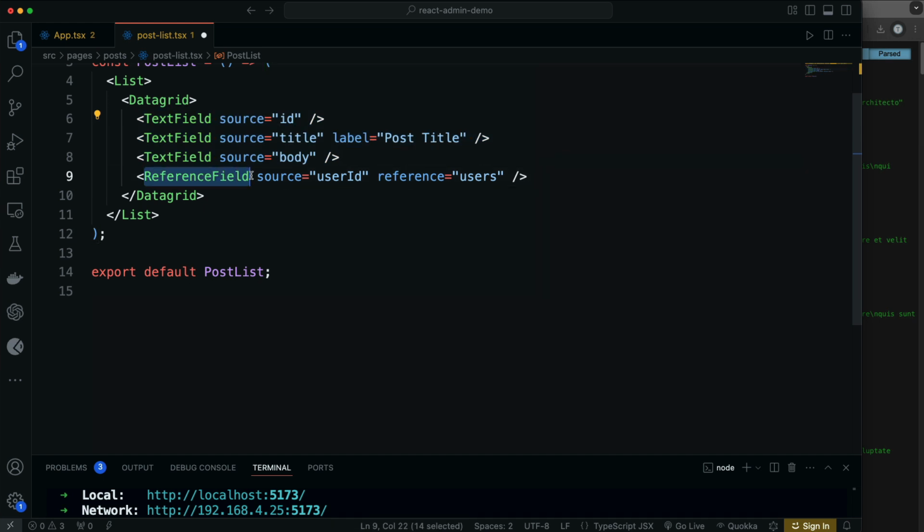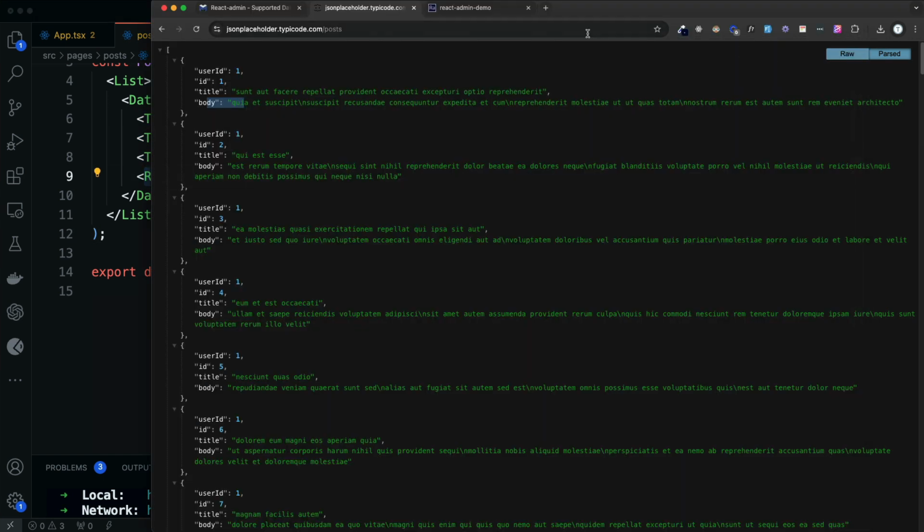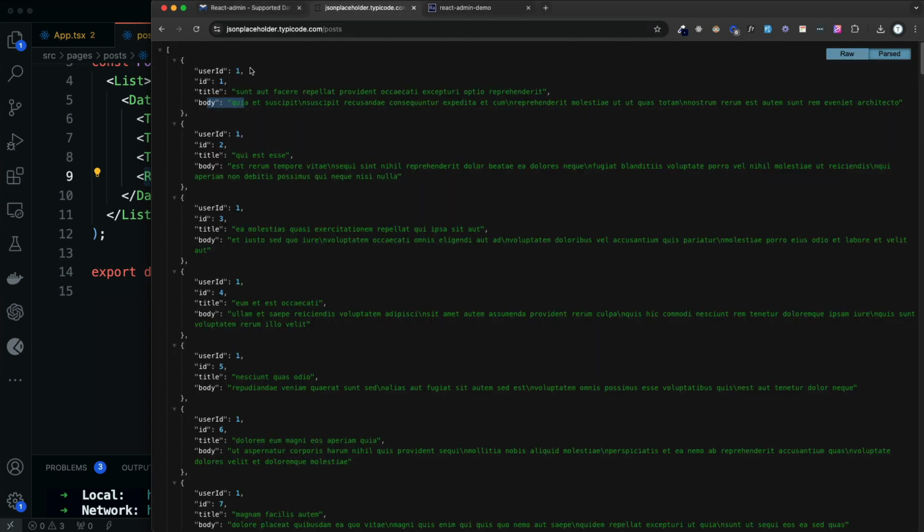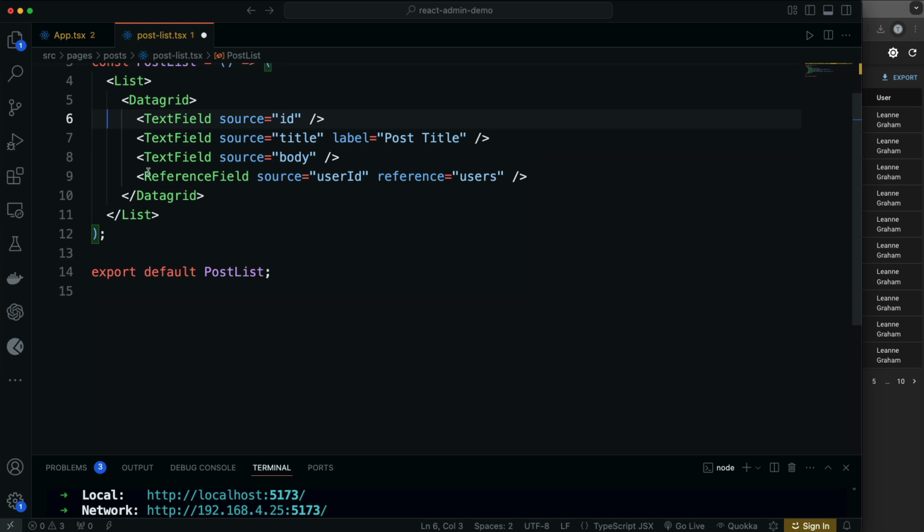There is a reference field for users, and that's why it's showing the user name here and not the user ID. Because remember, in the posts, we only have the user ID, not the name. But what this reference field does is it references the users table by the user ID, and by default, it shows the name. Okay, but again, this body, what I want to do is use function field, and let's set